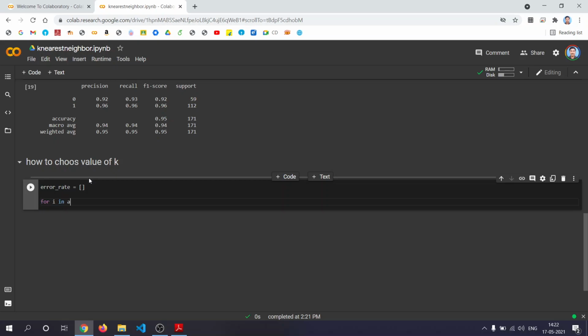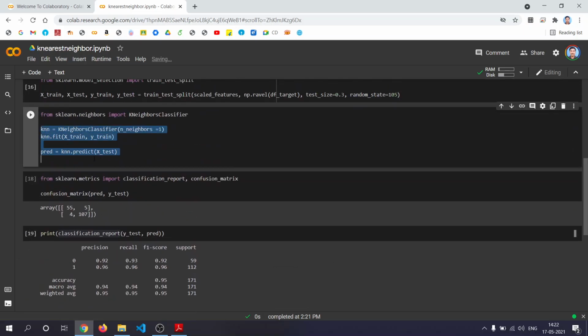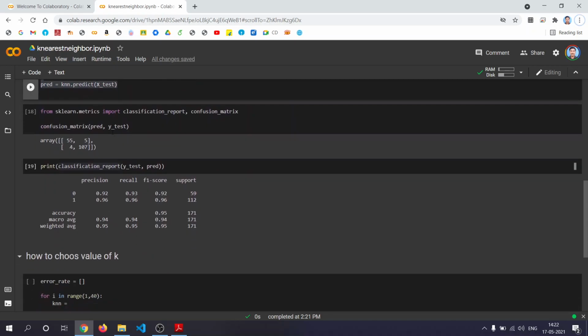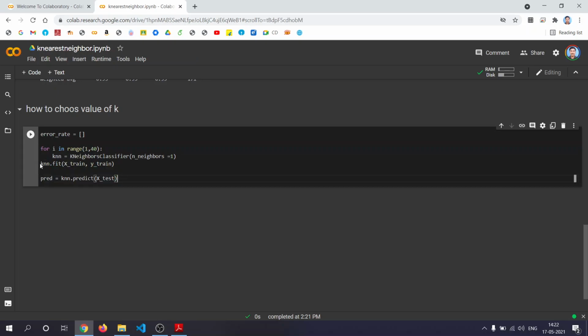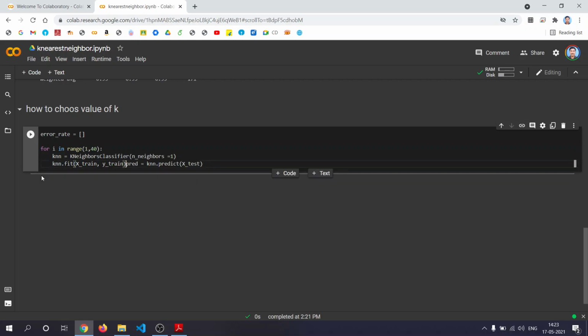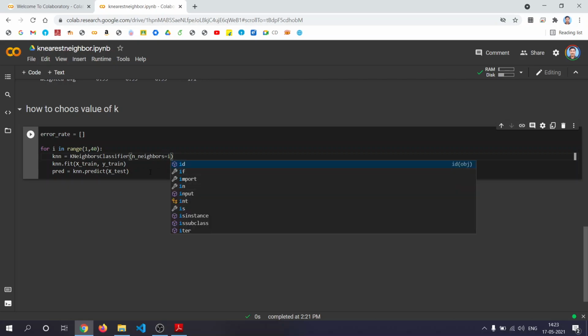For i in range(1, 40), so we'll use different values of k from 1 to 40. knn equal to, we'll use the same step, KNeighborsClassifier. Here you'll use number of neighbors as i instead of 1.